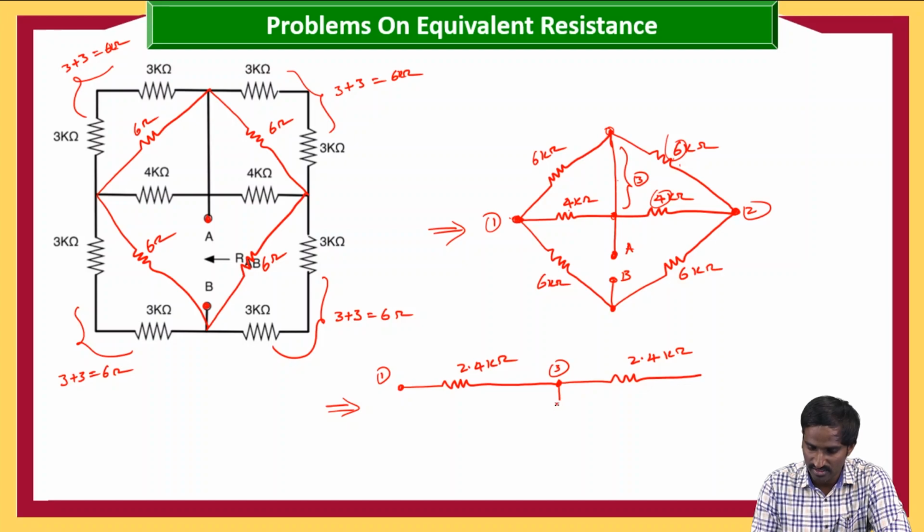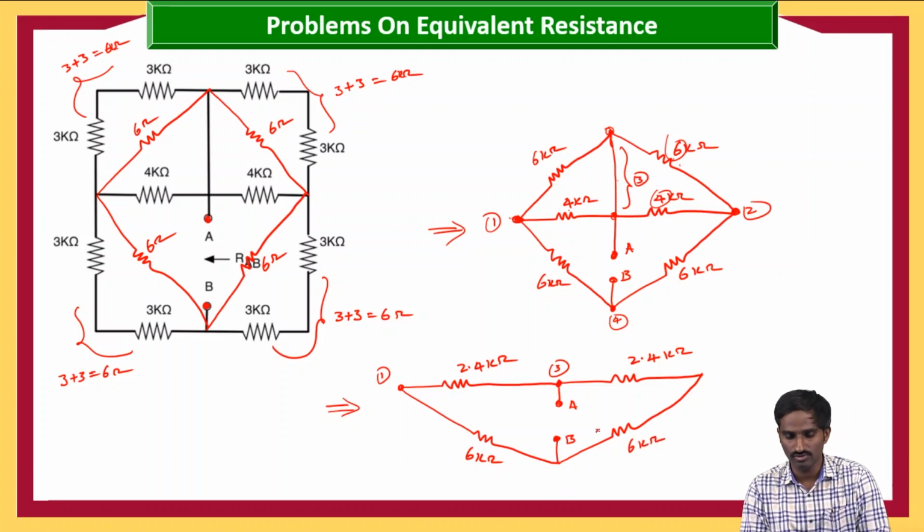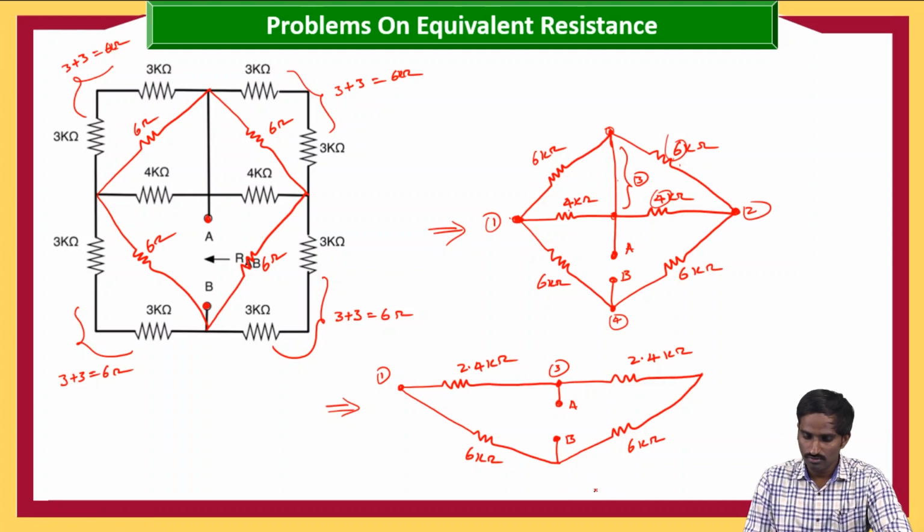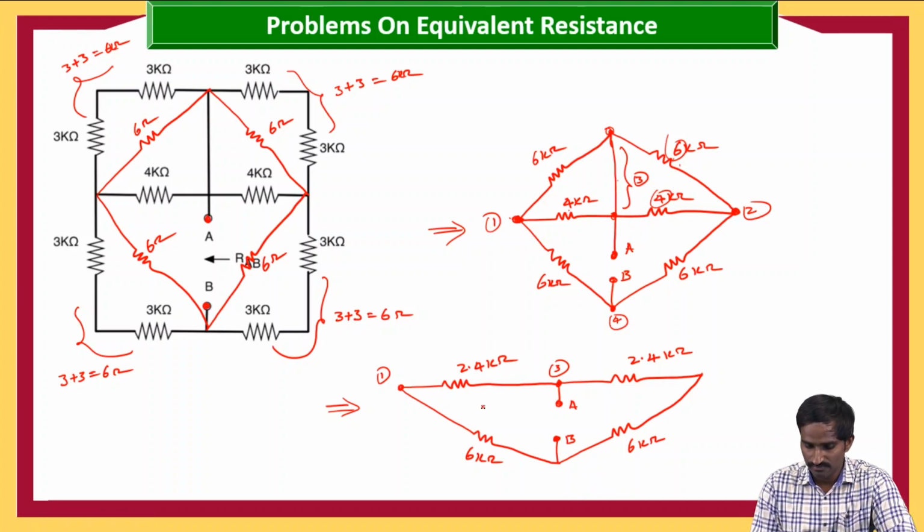This terminal, let us consider here it is A, and here it is B, and in between 1 and 2 and 3, let us consider here it is 4. So in between 1 and 4 there is another resistor which is 6 kilo ohms, and in between these two also there is another resistor, again 6 kilo ohms. Now this is the circuit. So now you can see